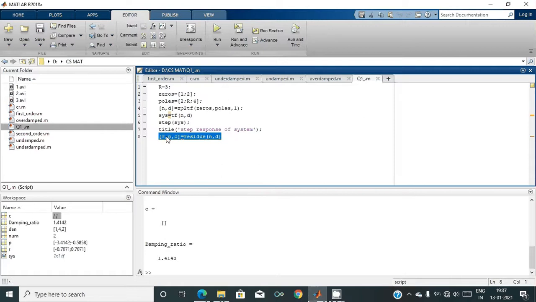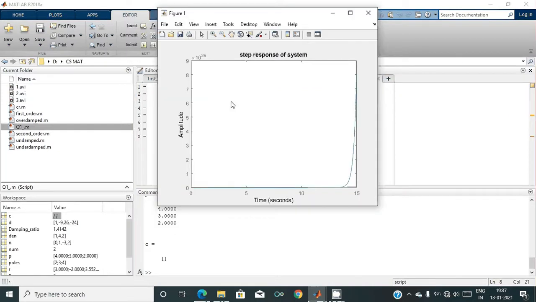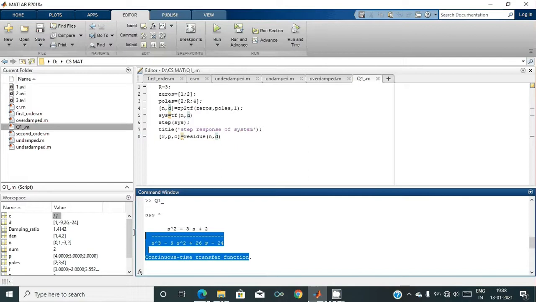I have said already, I am using this residue function for calculating the poles in this system. See, this is the step response of the system. You can see here in the command window our transfer function is printed out.